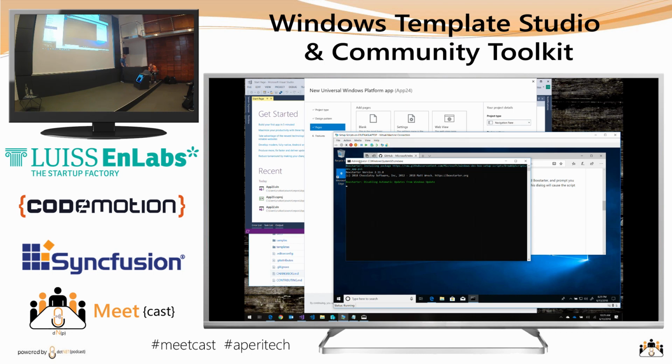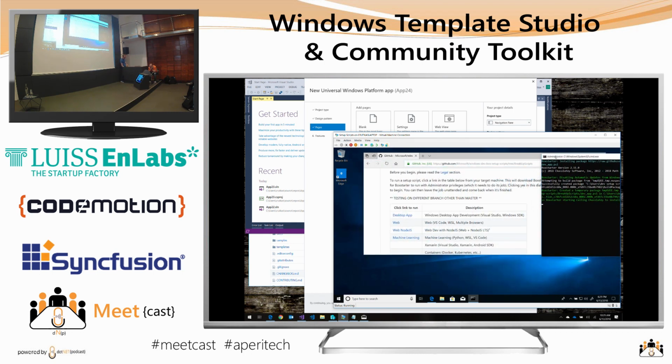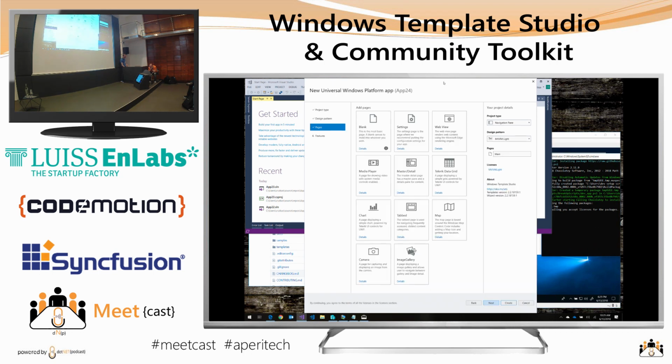So I'm just going to migrate this over here so you guys can see stuff. Transitioning back to Template Studio now. We currently have 11 pages and we're adding in a couple more in the next release. So let's go add in a settings page. Let's go add in 2 master details. Let's rename the master detail to